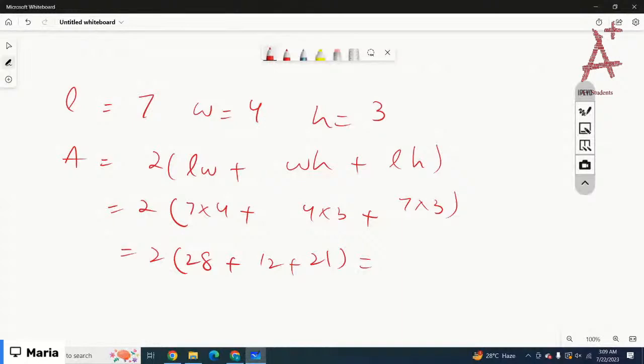So that would be, hold on, let me just add them. 28 plus 12 plus 21, that is 61, and 61 times 2 is 122. So that is the area of the room. The area of the room is 122 centimeter meter square, I think. Okay,